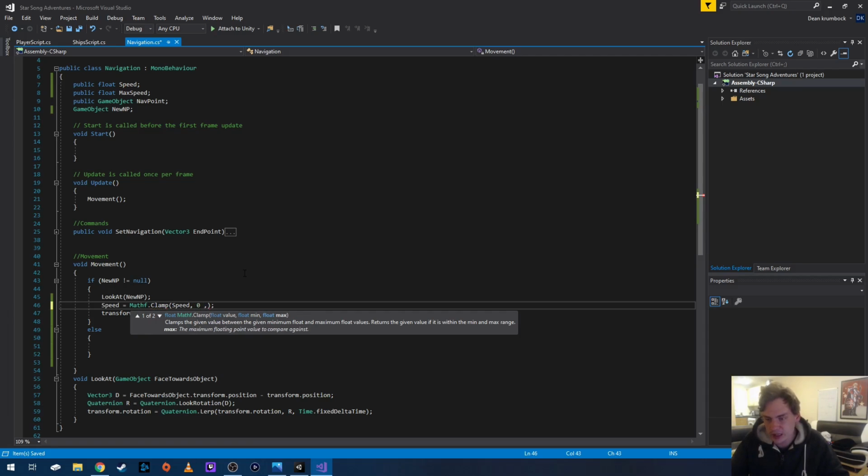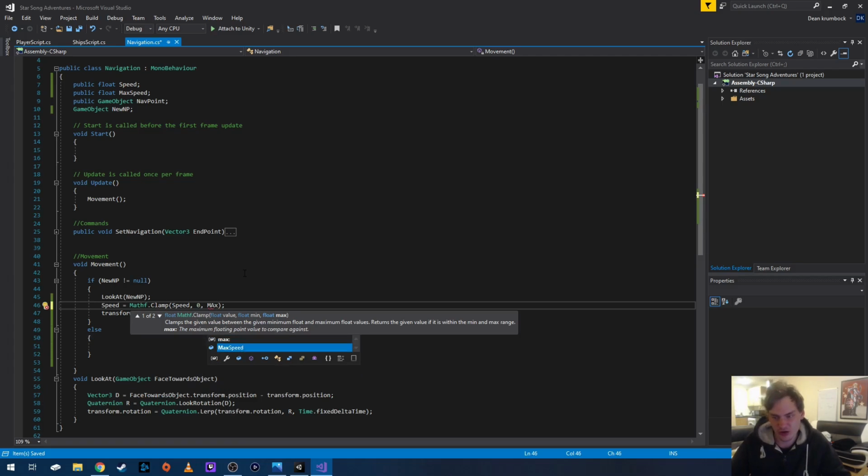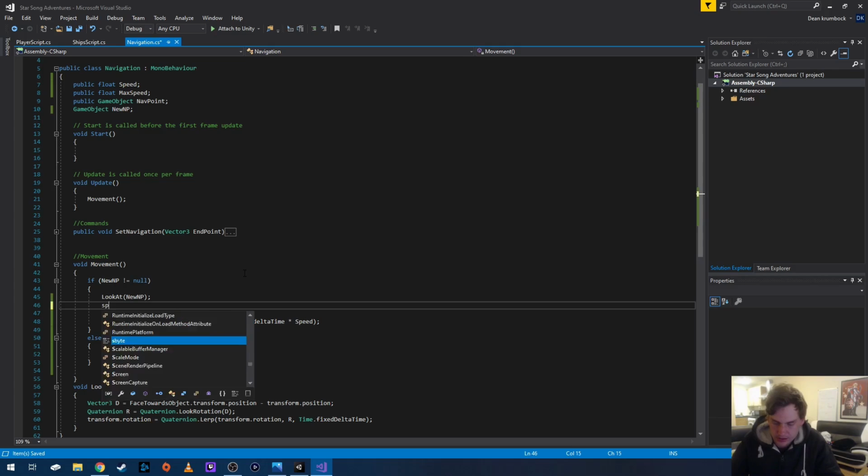I'm using a method here called Mathf.Clamp. It clamps a variable between 2 points, between 2 values. So it can't exceed or become lesser than the parameters